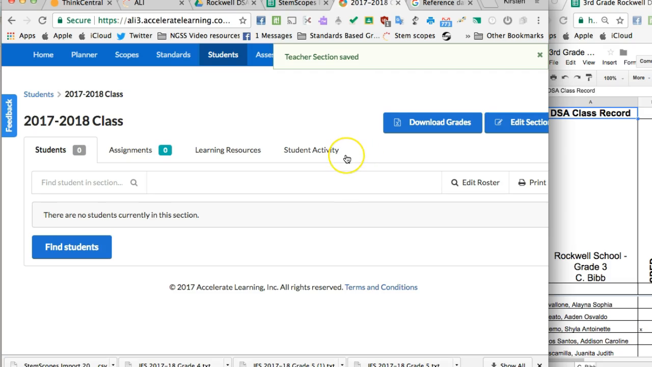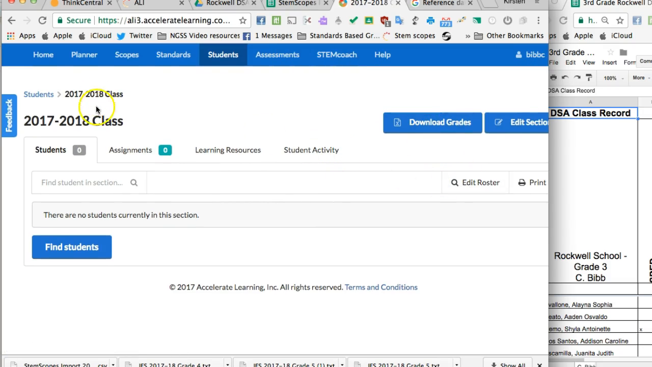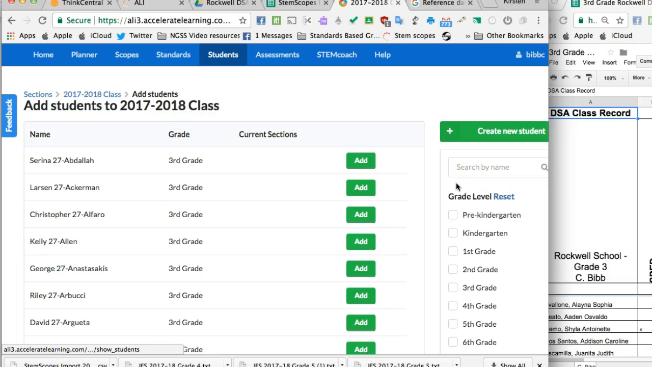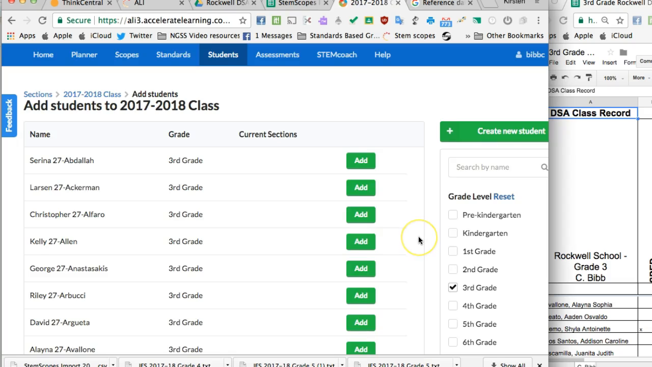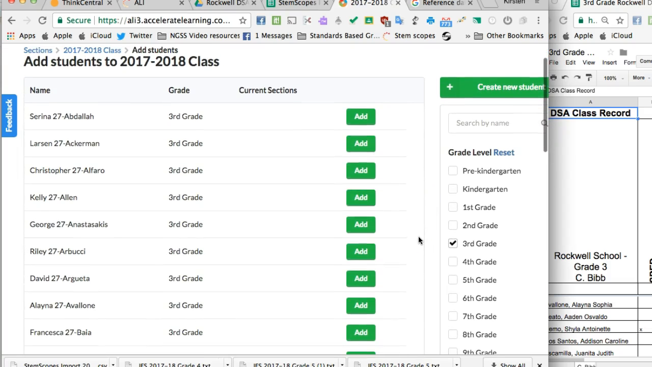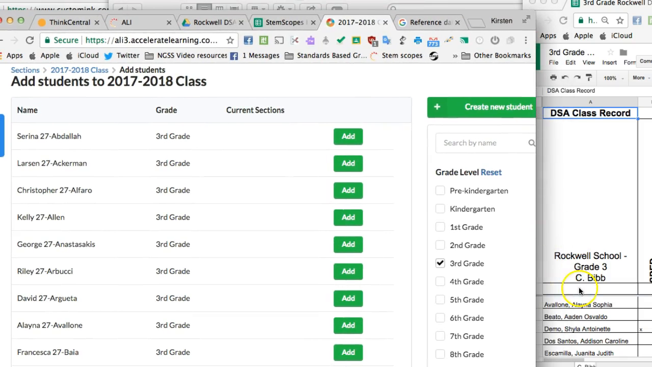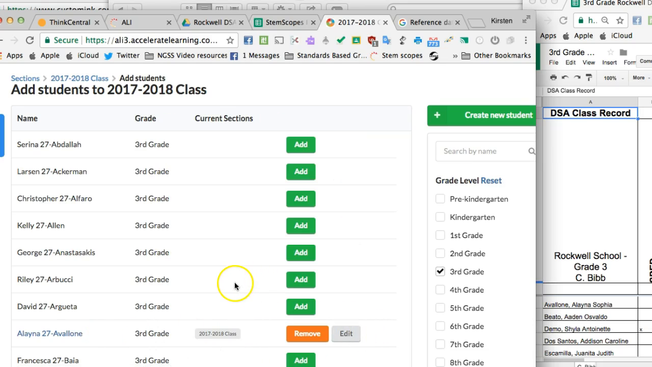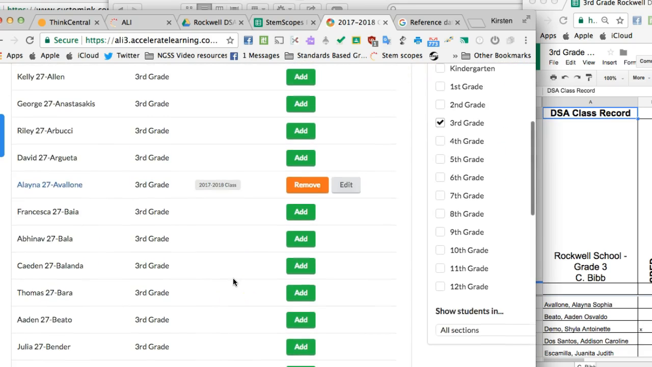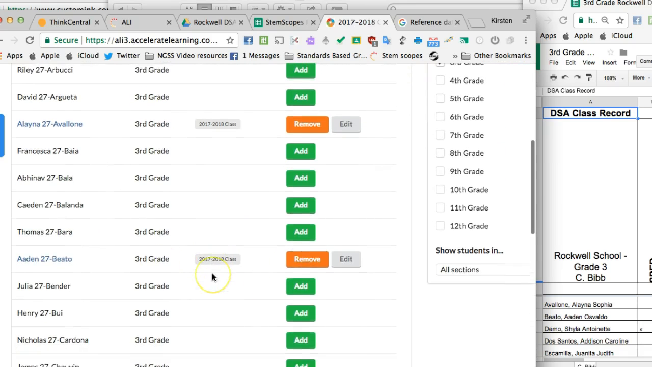Okay, so the next thing I'm going to do is edit my roster for this section. So I'm going to select the magnifying glass there, and I know these are all third graders, so I'm going to limit the class list available to just the third graders. Now I've got Ms. Bibb's class list over here on the side, so I can see the first student is Eliana. So I'm going to come down here and it's alphabetical. So Avalone, and I'm just going to click add, and then find Beto is the next one. Aiden Beto,